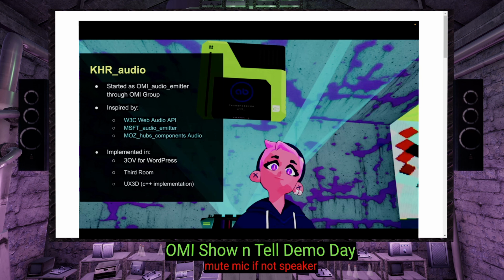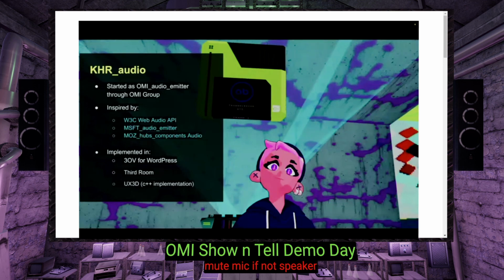And it's been implemented in 3.0v, though with some recent changes, I need to be updating the spec. So that's one of the hard parts of chasing specifications. You've got to keep your code in line with it. I need to push an update soon to make this work again, but currently it's in a broken state.